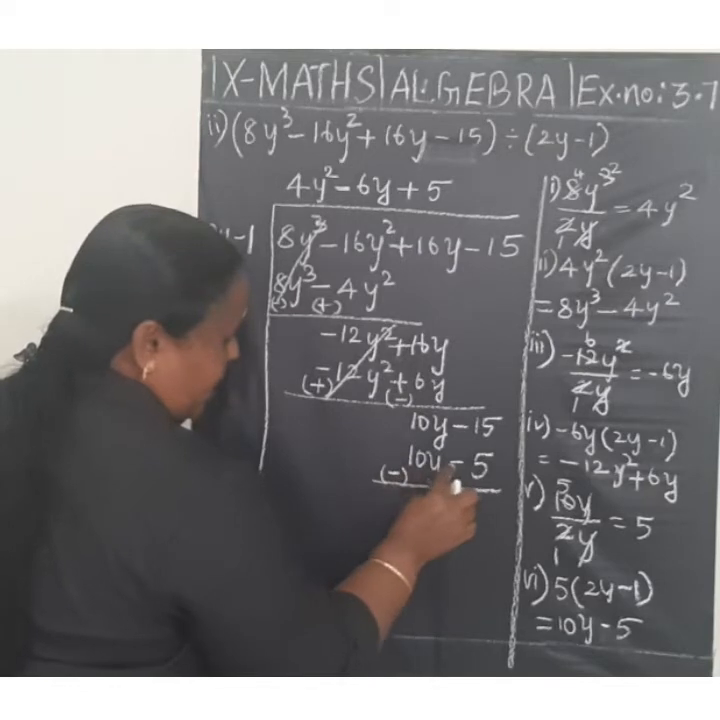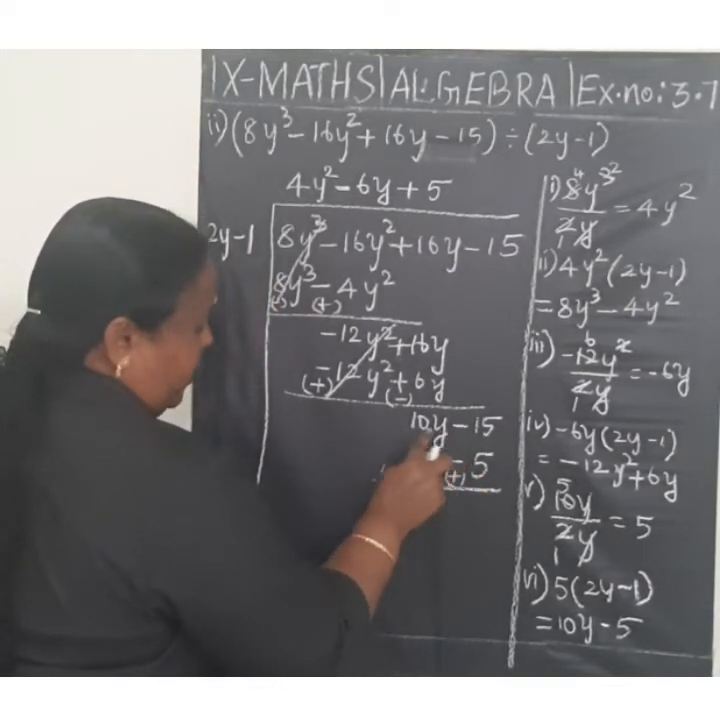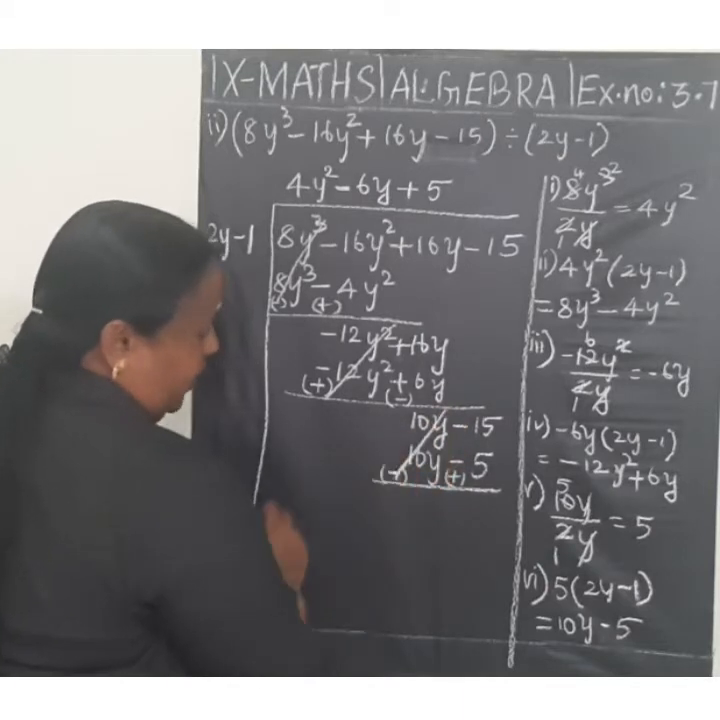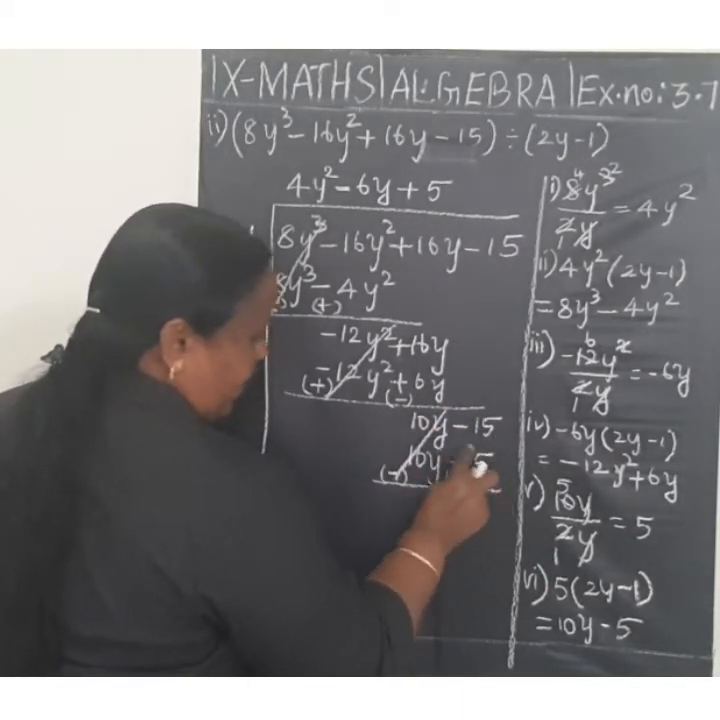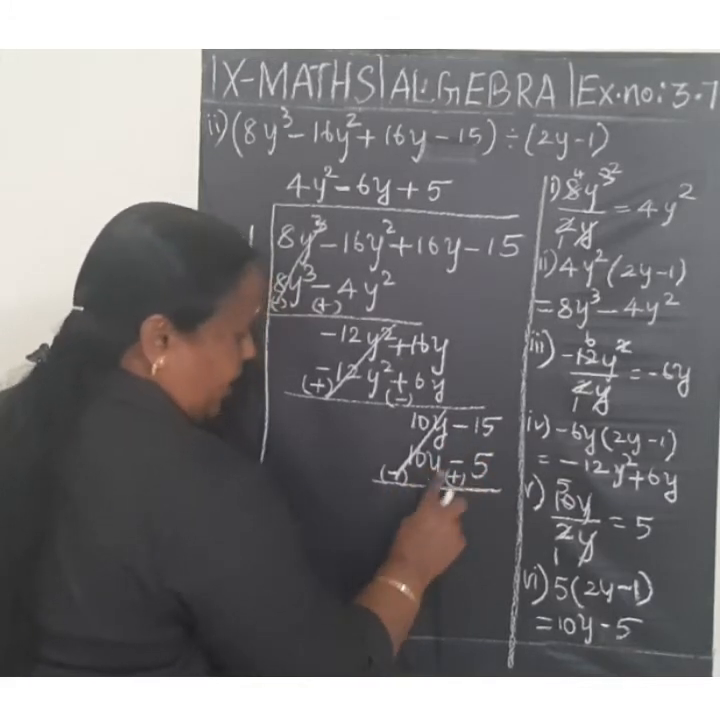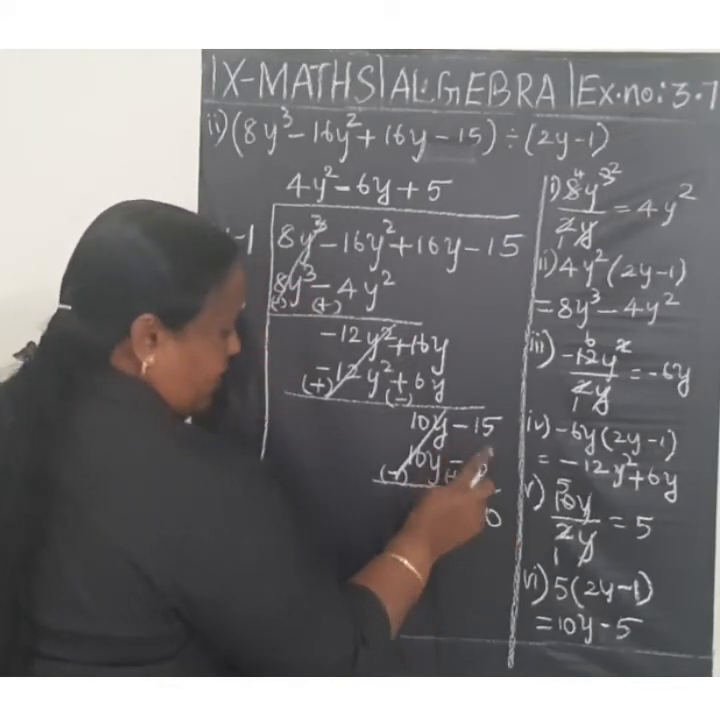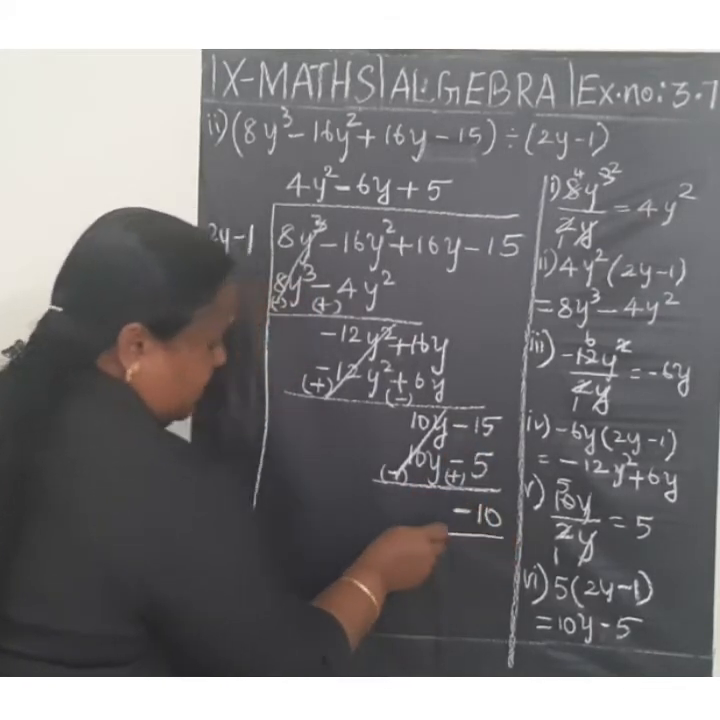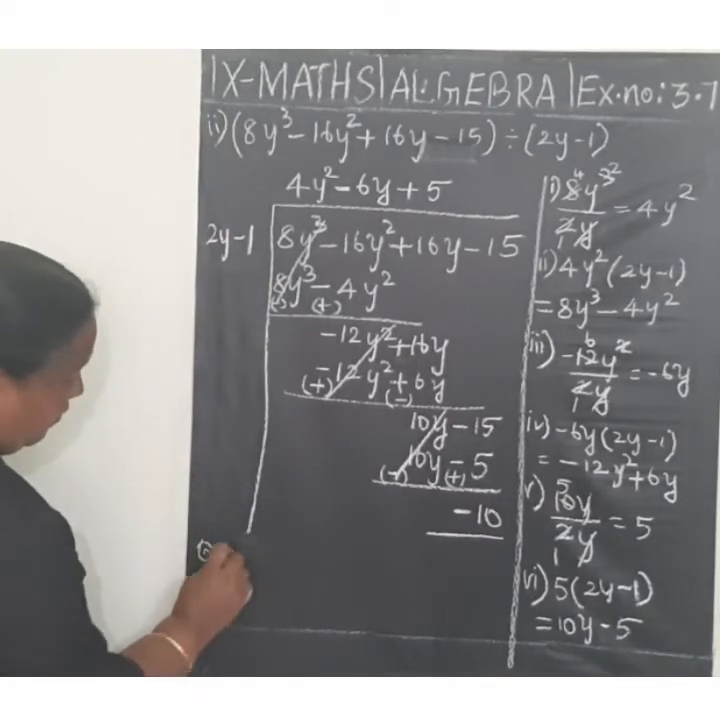So here minus sign. Here minus sign is there. Plus when we are subtracting this one, 10 plus 10y minus 10y will get cancelled. Here minus 15, here plus 5. One it is in minus, another one it is in plus, so we have to subtract it. 15 minus 5 is 10. Then the greater number sign is here minus. So here minus 10. So our quotient is equal to